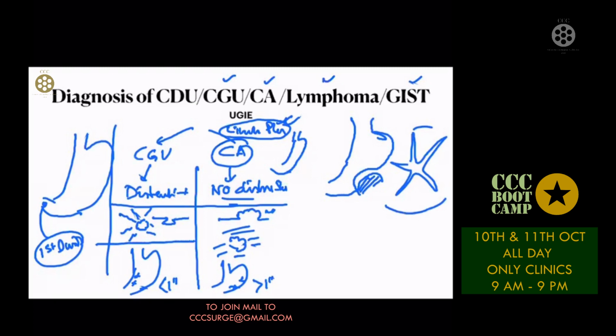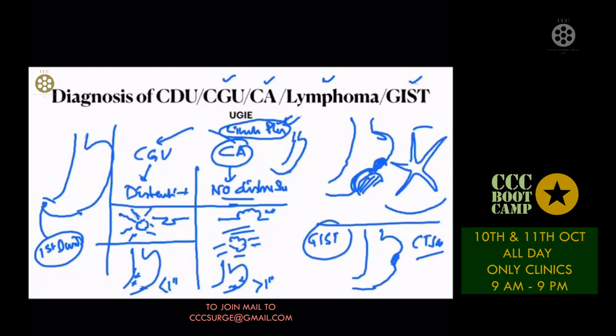So a lesion which is submucosal, and quite often you have multiple bumps and nodules like this, tells you it's a lymphoma, and you might have an ulcer like this. Whereas finally, coming to GIST, you can have a unifocal area where you can see some sort of bulge, but the lumpiness and bumpiness of lymphoma is missing. And therefore, in these cases, CT scan is going to give you more information than the